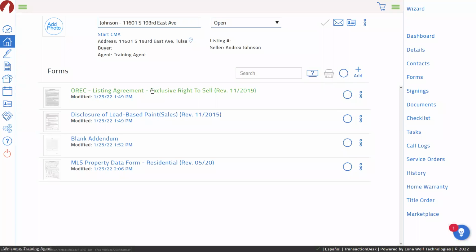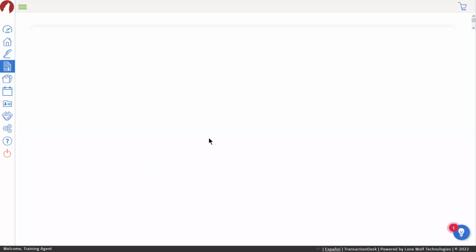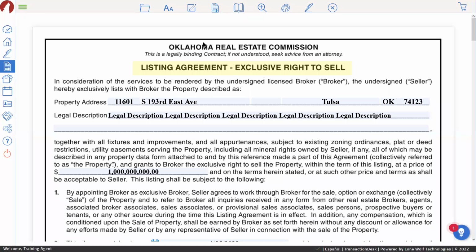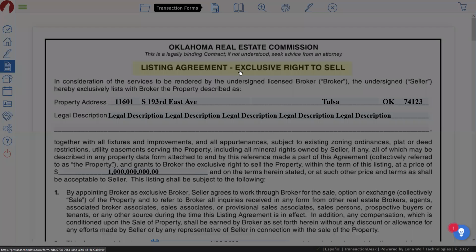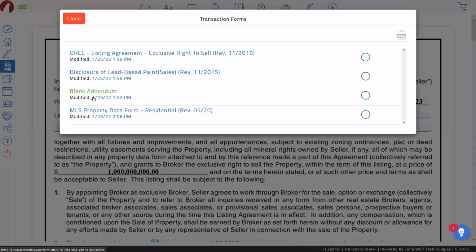Now, the same thing is going to be true if we're actually looking at one of the forms. When you're looking at the form and you want to get this sent off to be signed, there's a little send to AuthentiSign button up at the top here, but that's only going to grab this particular form in the process. Instead, what you can do is just the same way that we saw navigating in between forms. Click on transaction forms, you see all the forms, you click on the name to fill those out instead. But in our case, what I'm going to do is actually check these checkboxes to indicate that these are the 3 forms that I want to send to be signed. And I see my basket fill up at the top right.